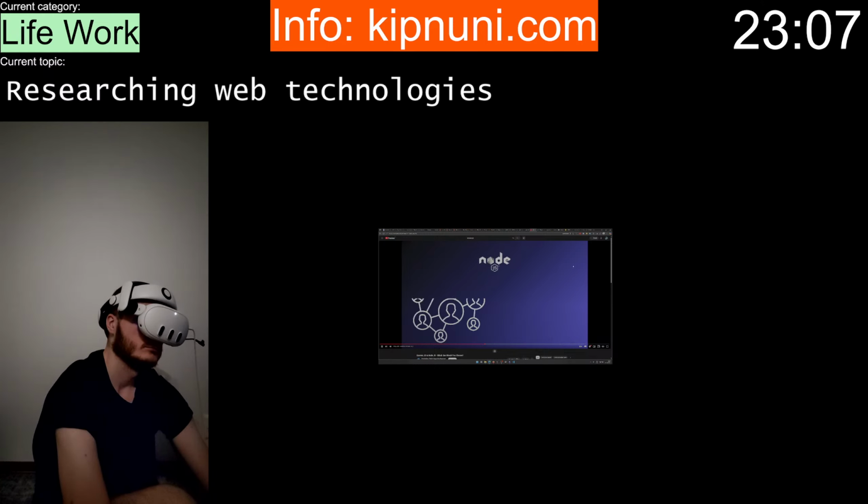Node.js can handle thousands of concurrent connections with ease, making it perfect for applications requiring high scalability and real-time communication. On the other hand, Express.js is your go-to for building lightweight applications, REST APIs, and real-time services. It's especially useful for startups needing to quickly build a minimum viable product. Express.js provides a minimalist structure that allows developers to add only the features they need, making it very flexible and